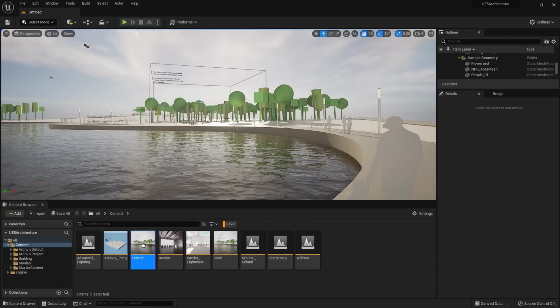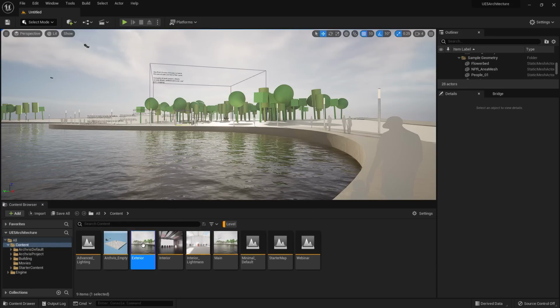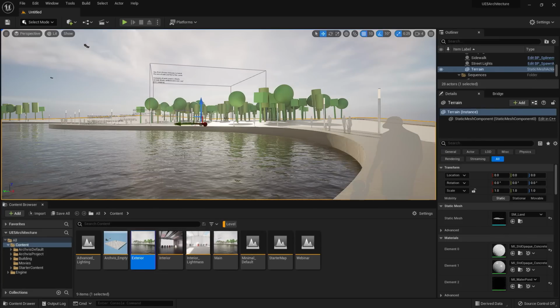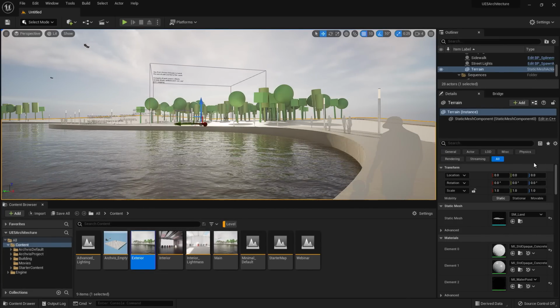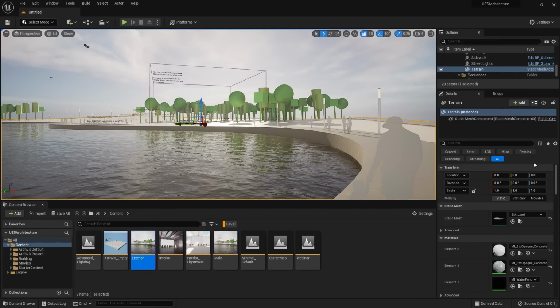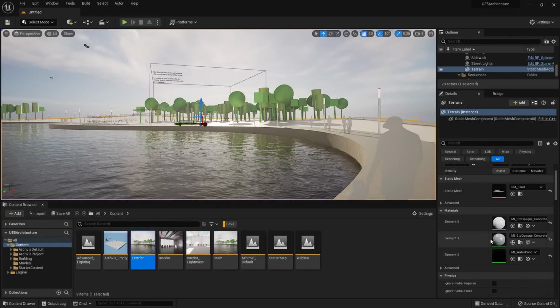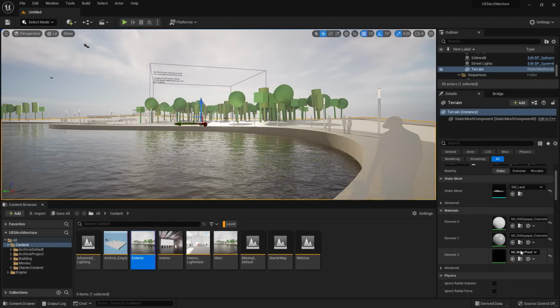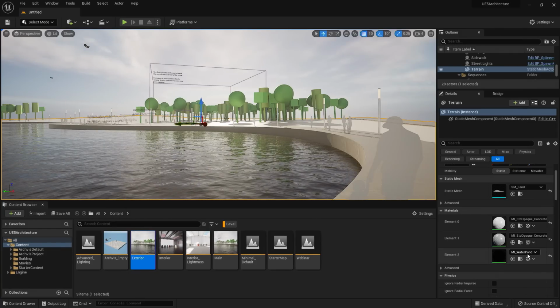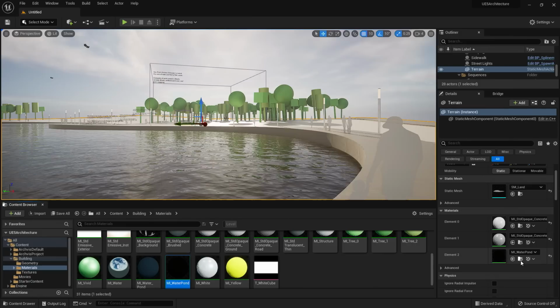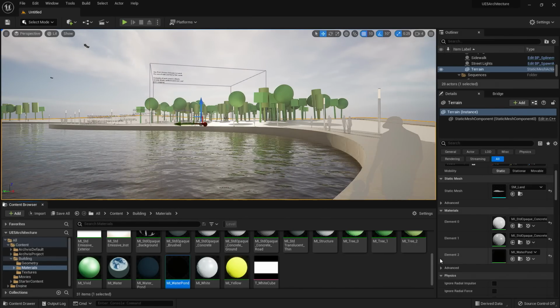Now you'll automatically see the water when you open up the level. This water was included by the team so that you have easy access to a water material. If I go to the right-hand side, underneath the Details panel, you'll see that we have our materials listed here. Now, underneath the MI_water pond, I can select the magnifying glass here to pull up that material.